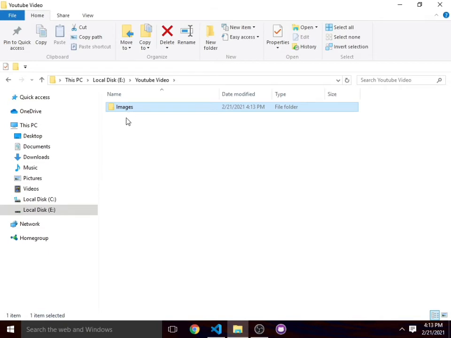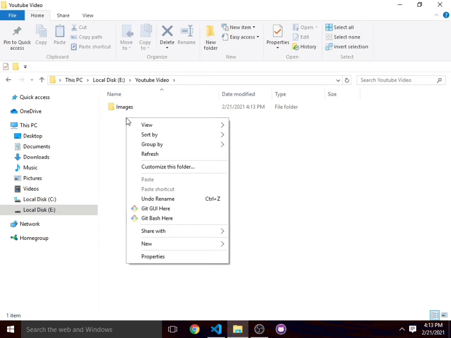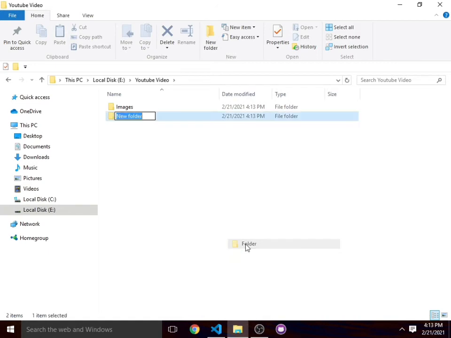And then we're going to create another folder, and that folder will be our folder for our documents. You do the same procedure. You say folder, say documents,